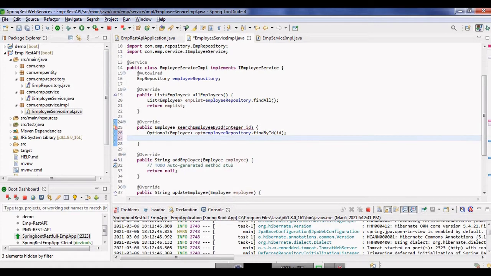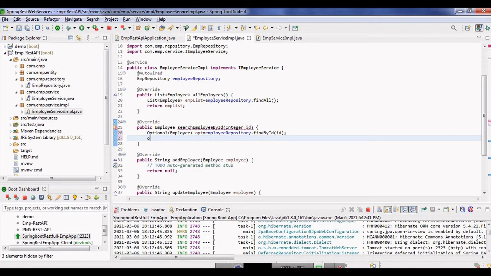Optional is a container object which is going to contain our employee object. So first we have to check whether it contains one or not. If it is containing, then we are going to return our employee object. If not, then we are going to return null.